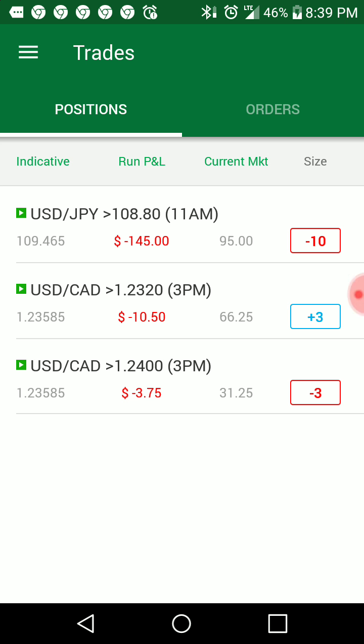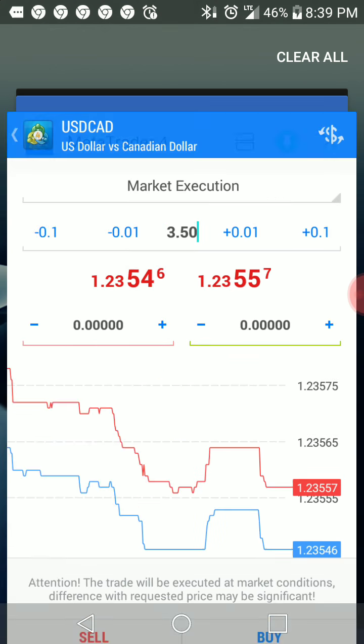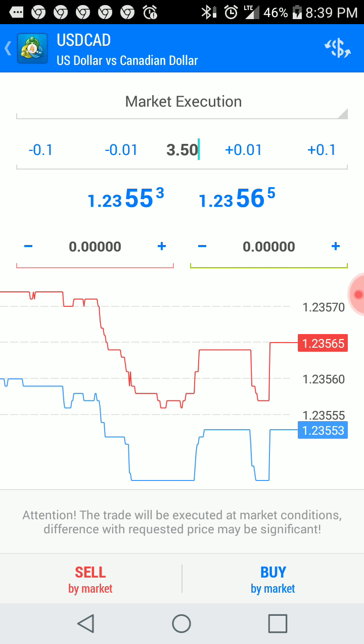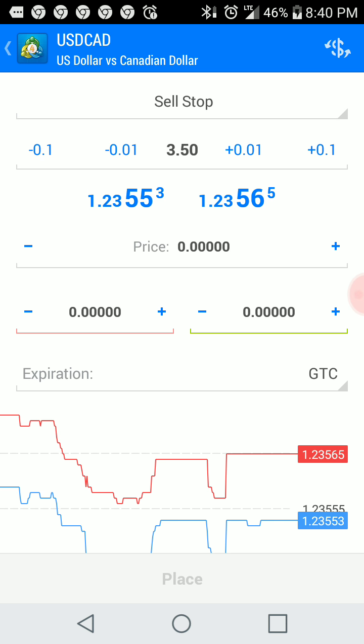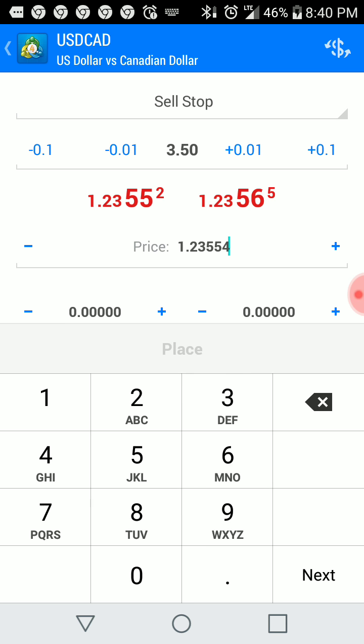So we want to enter, of course, at 23.30. So let's go ahead and get 23.30. Market execution, change to a sell stop. 23.30 is the entry,